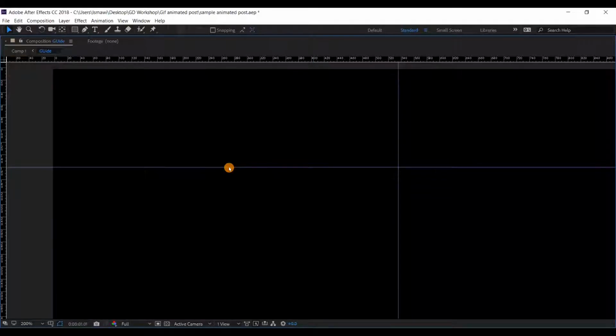Okay, it should be here. So refer back to your ruler here. You can see there is 160. So this is a double value of 20 from 0, 20, 40, and up to 160. So this is how we create our guideline inside our After Effects. It will help us to compose our artwork.